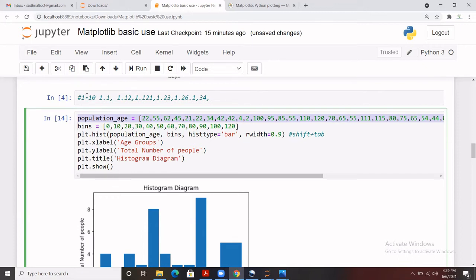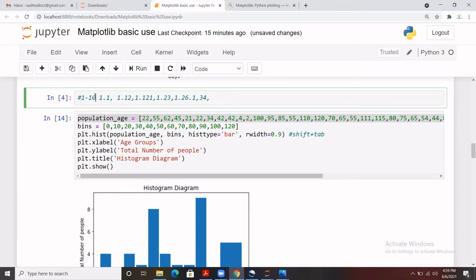So for example, for continuous data, let's say you need to put data points which start from 1 to 0. So you can have 1.1 that may have a different bar, 1.12 may have a different bar, because that's a different value. 1.121 will have a different bar. So rather than creating multiple bars for a very small difference in that particular value, what we can do is create some bins. What a bin says, basically, let's say anything which comes between 1 to 10 will go to this bin, and anything which comes between 10 to 20 will go to the second bin, and third bin and all. So we can basically define the bins.